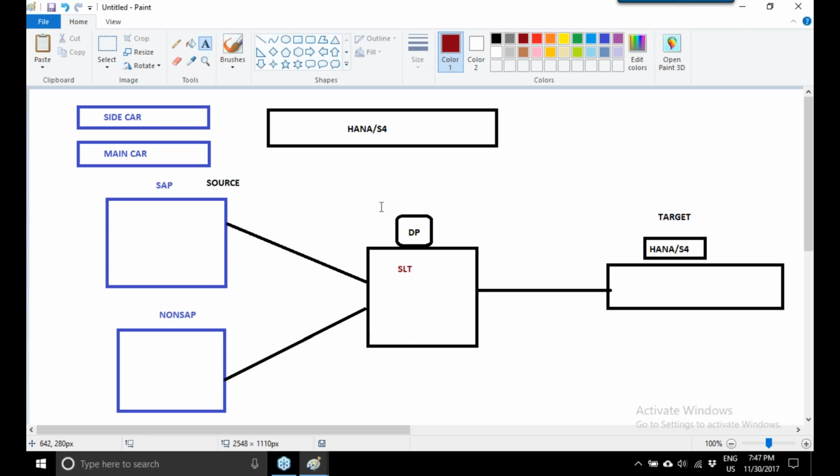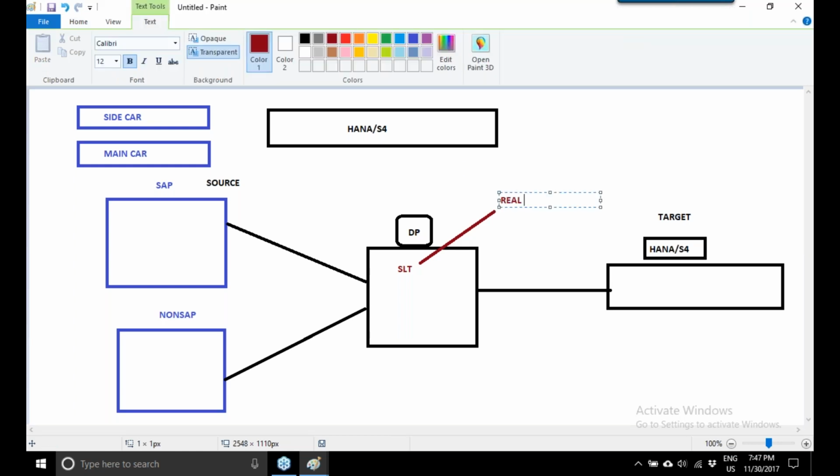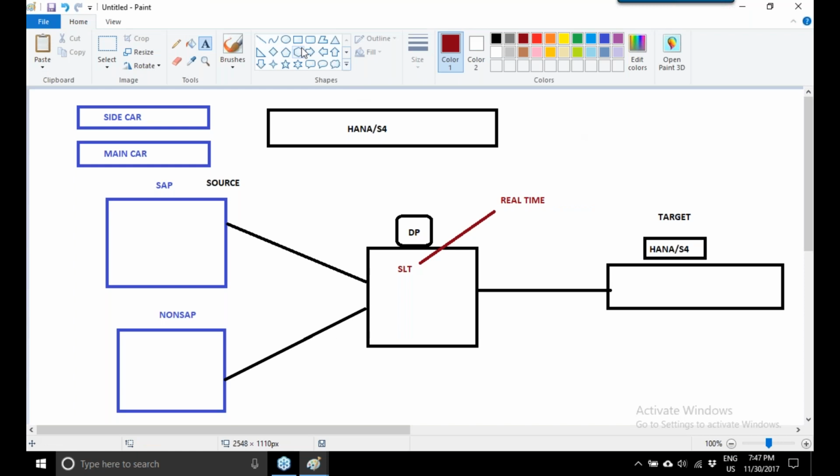You can migrate these objects from SAP and non-SAP systems to the new, next-generation platform in real time. So SLT is basically used for real-time migration.